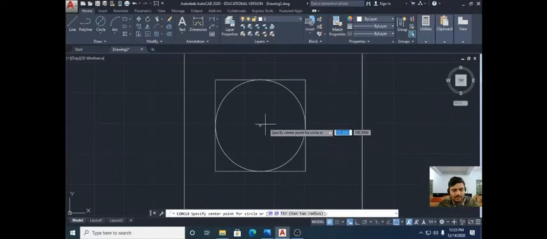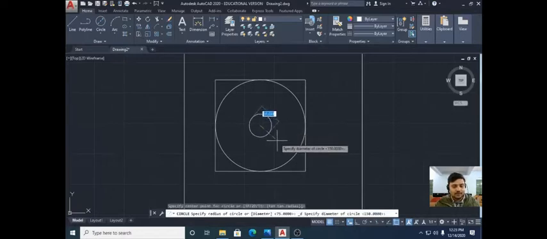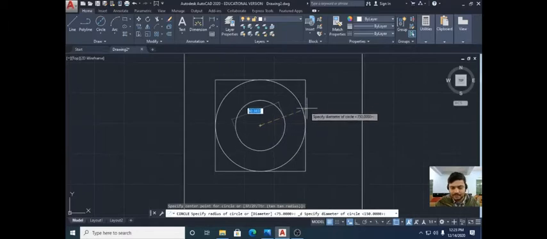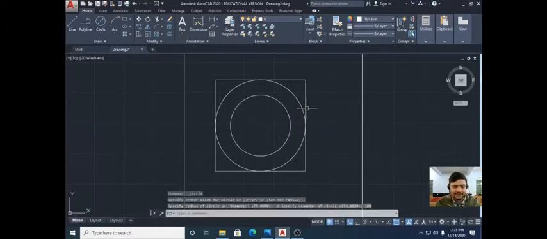Now come on to, you can see that the center portion is automatically blinking. So you can see that the object snap tool is very much important geometrically in AutoCAD. So what you have to make, you can see that in dynamic info the diameter portion is arising. So mark it 100 and press enter. You can see that a 100 diameter circle is made by us.